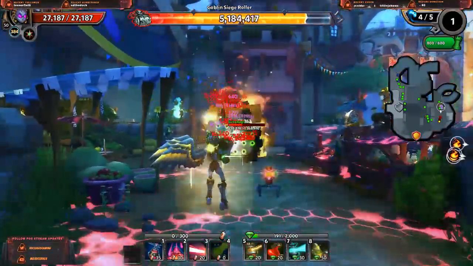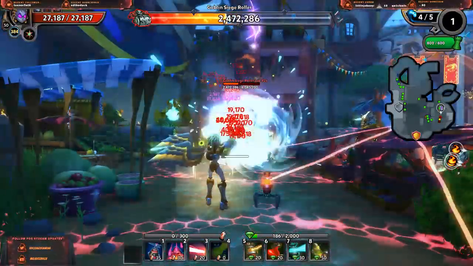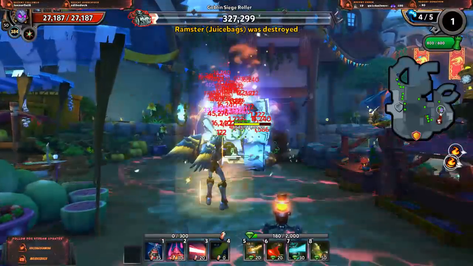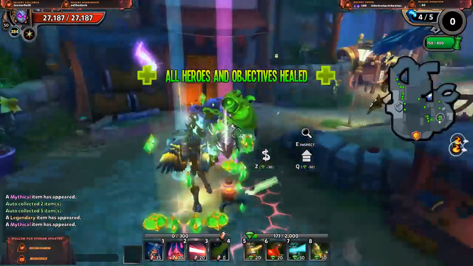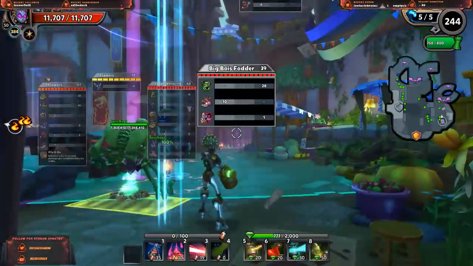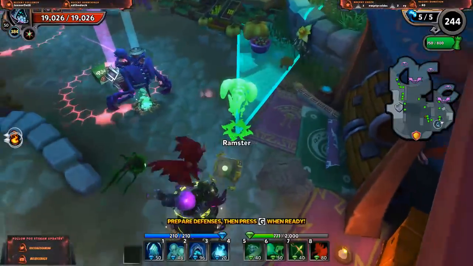Oh crap, do I even have construction equipped? I wonder. Hope so. Or yeah, it looks like it. I'm healing through it, no problem. Ramster dropped, but... Alright, if I get another Siege Roller... Or no, no Siege Roller this time. I'm gonna say I'll just move that Ramster back further, but...